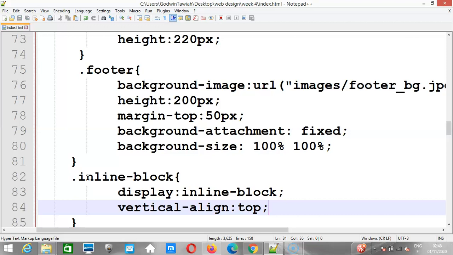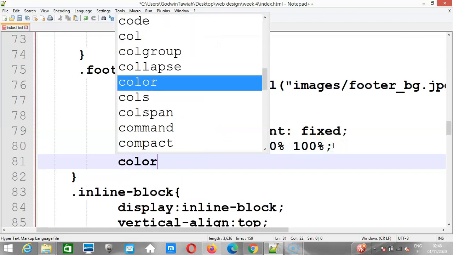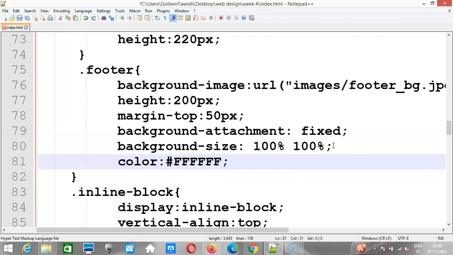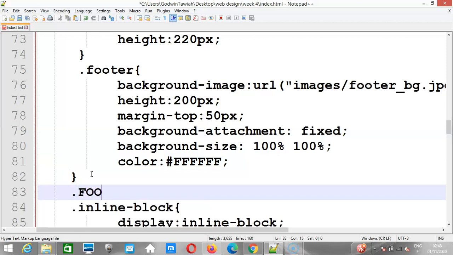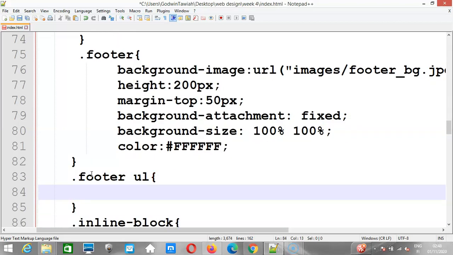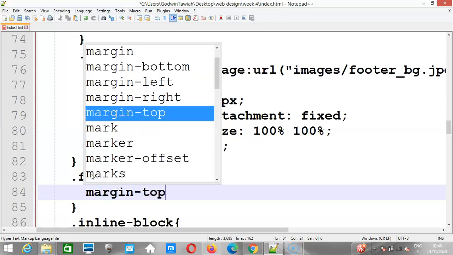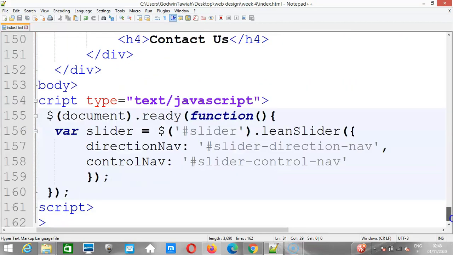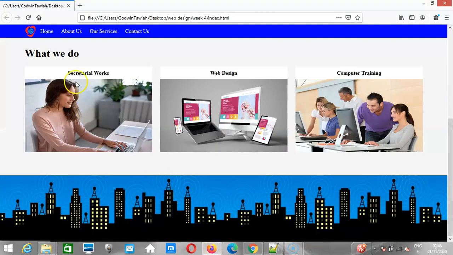Our footer, we want it to have a color of white, so everything inside will have a color of white. White we know is FFF. Then the URL in our footer, we want it to have a margin top of maybe 20 pixels, so that it separates itself from there. Okay, so if I refresh,